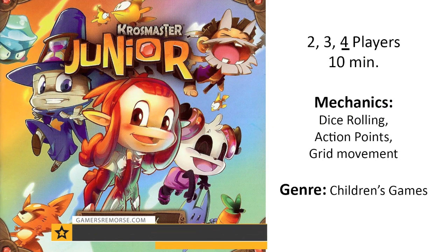Krosmaster Jr. is a grid movement, action point, and dice rolling game by Japanime Games for 2 to 4 players, best with 4, and takes about 10 minutes to play. Krosmaster Jr. is set in the Krosmaster universe on a desert island where the competitors washed up after the demons of the Ouroboros guided their raft to trap you. Now they have promised to release only one of you, the one who collects the most gallons of glory, through